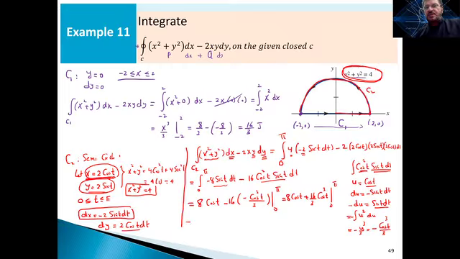So this is going to be 8 cosine pi plus 16 over 3 cosine cubed pi, minus 8 cosine 0 minus 16 over 3 cosine cubed 0,